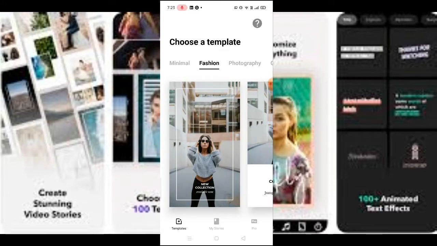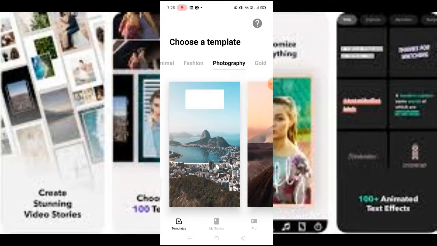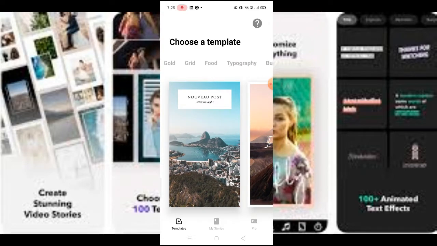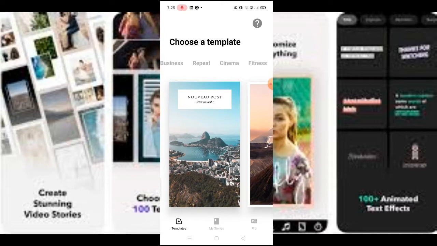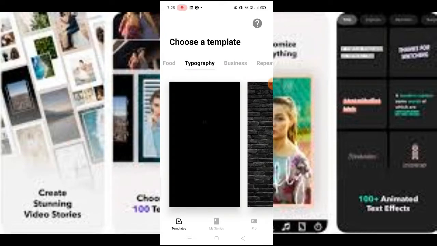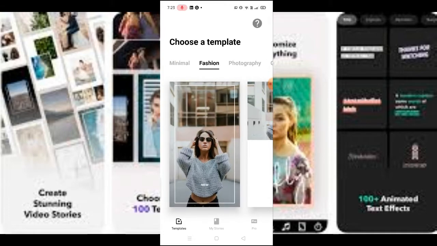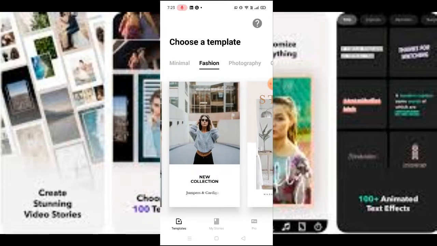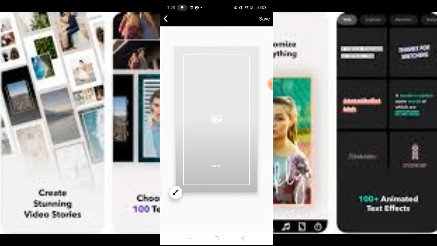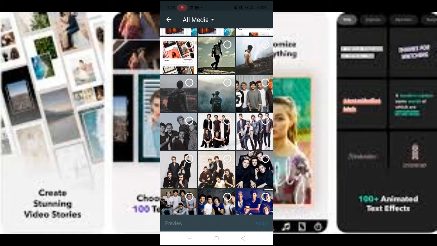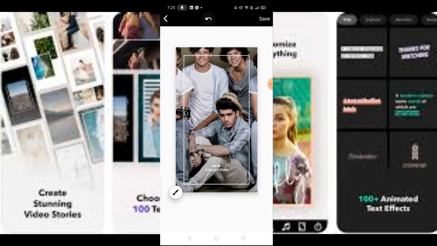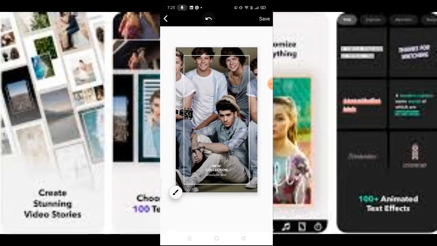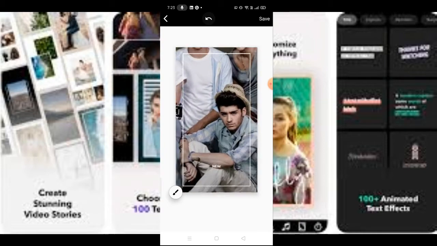If you're into fashion, you can go for it, or photography, or something like a travel blogger. You can just click the particular template that you want and import the image. They are pretty amazing templates, because since they are specific to the niche, the overall outlook comes out pretty amazing, guys. You can change the text that you want. There are a lot of text symbols and settings that make the overall image look very clean and perfect.